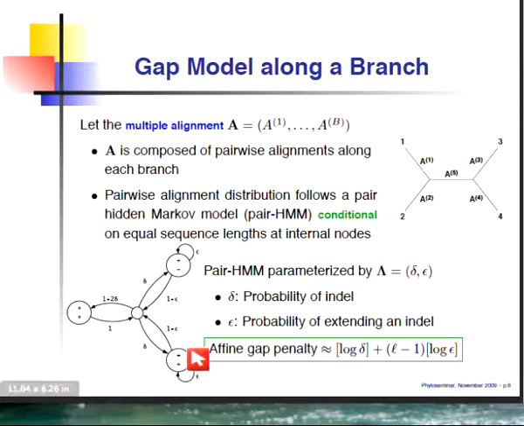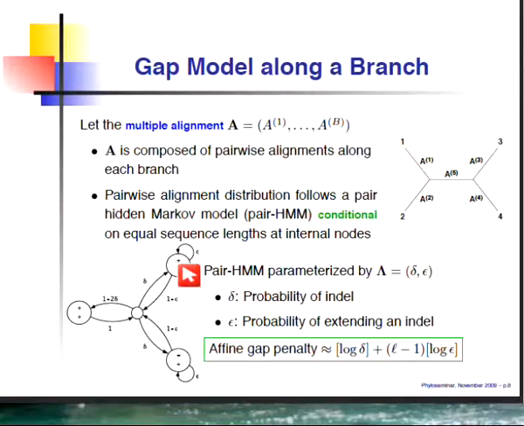So here's one of the simplest hidden Markov models that you might envision for such a process. You can obviously come up with much more complicated time-dependent ones. So this hidden Markov model basically emits 3 different states. It emits for each set of characters a match state, that says that these two characters that I'm emitting on either side of the branch are homologous to each other, or it emits insertion deletion events, which says that there's a character on one side of the branch and it's not homologous to anything on the other side of the branch. And of course there are two because there are two ends of the branch and it could be either way.